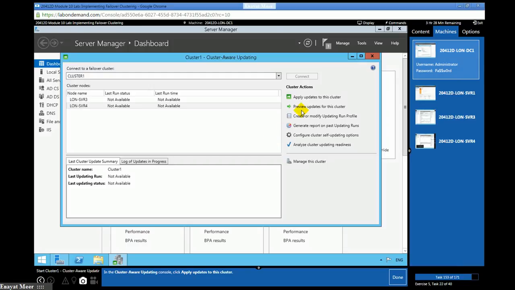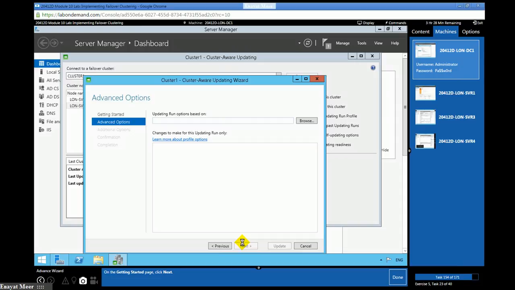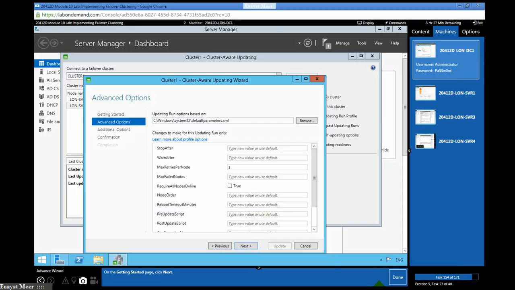You can apply updates to this cluster and click on next. From the advanced options page, just review it and next.